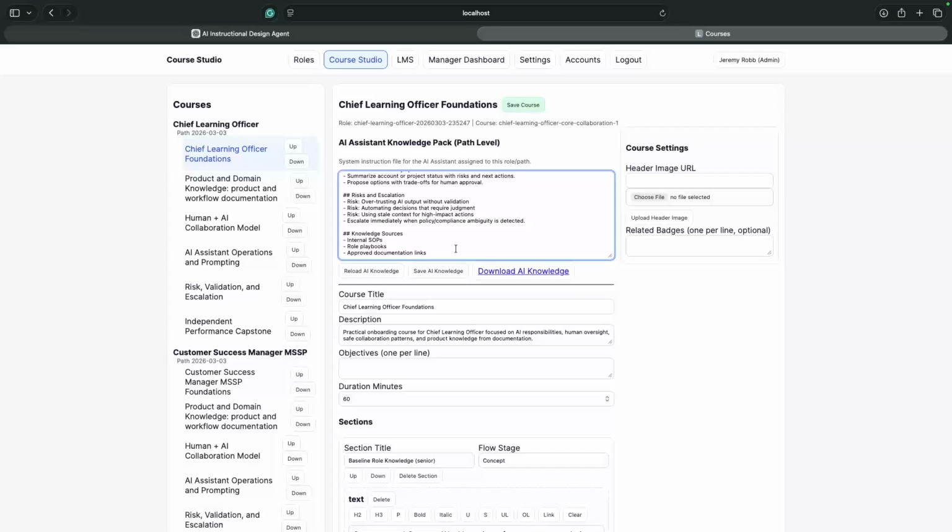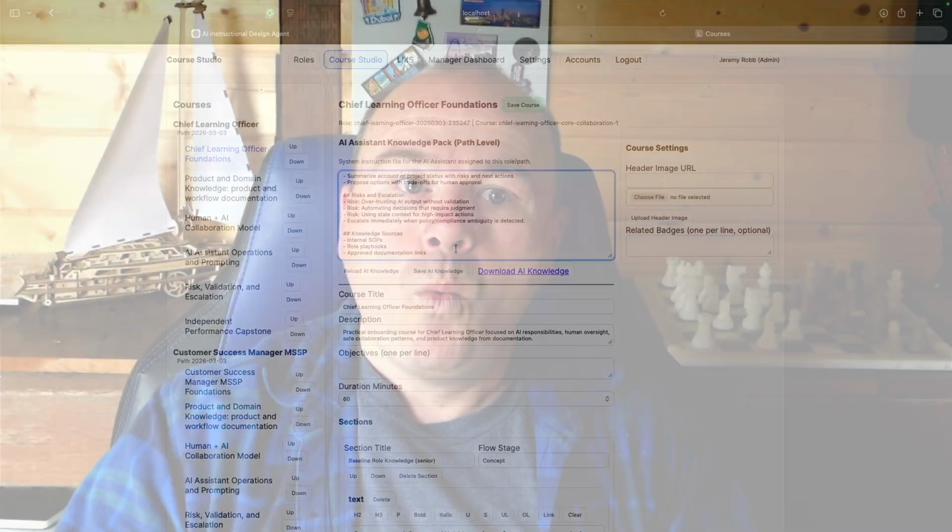Is it the only way you can do it? No, you could absolutely build this by hand. You could build another AI tool that builds this out for whatever role you're doing. The analysis is all there. That's very, very possible. What's key here is that through the app and through this particular methodology, you can immediately